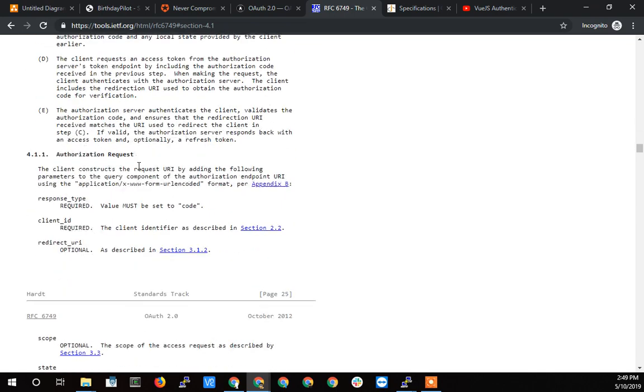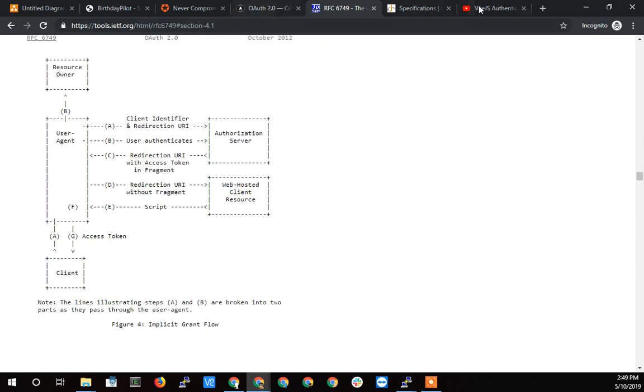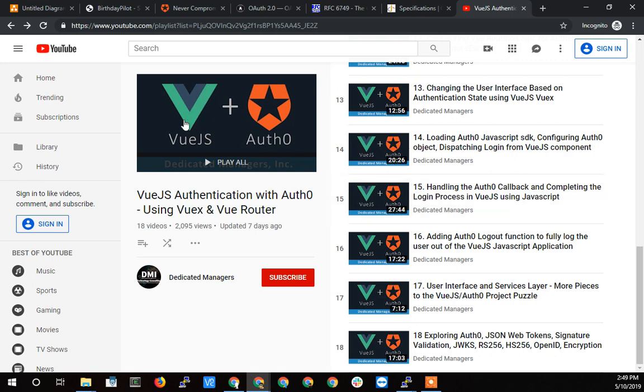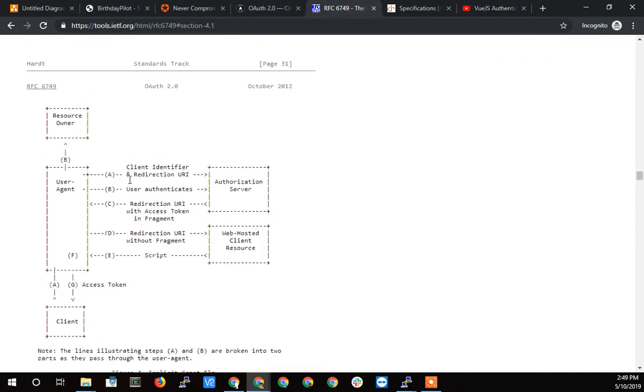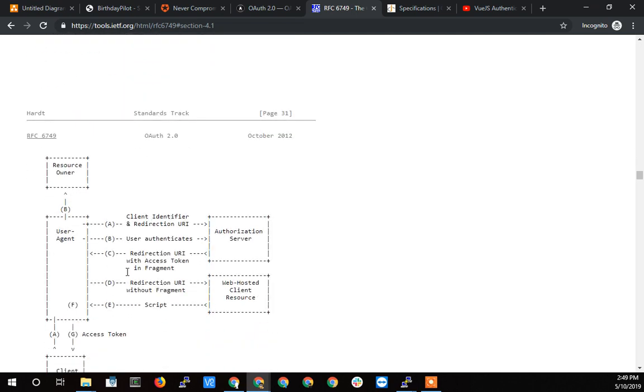So just real quickly, what we were talking about in this application here, this is a front-end application that's interacting with resources. This thing cannot have any secrets because it runs on the browser. Everything is presented to the user. The user can ultimately see any secret information, password stuff I put in there. So it's not a secure application or a secure portion of the application. So back to the spec here. That is, ultimately we'll talk about, the implicit grant flow, where the client